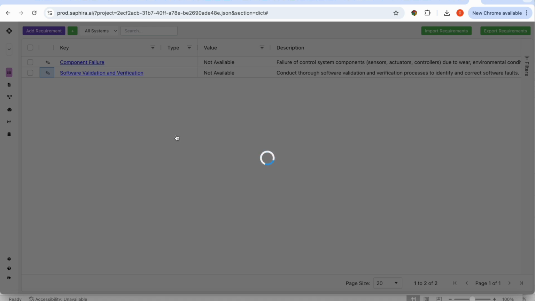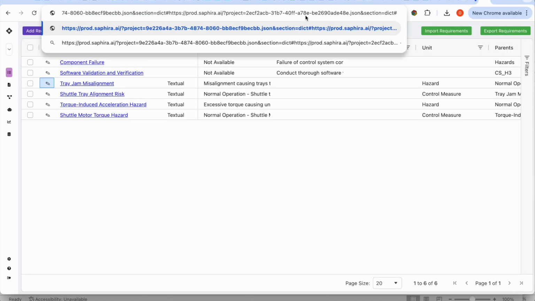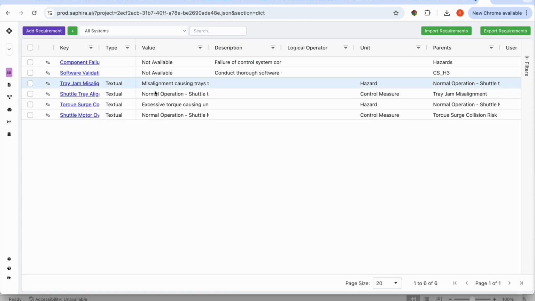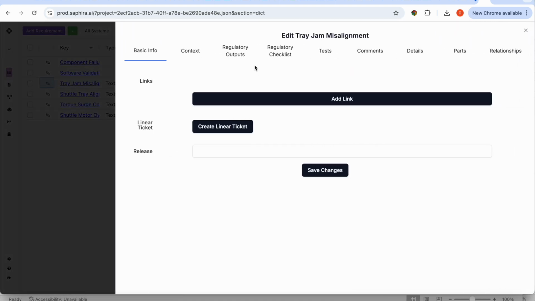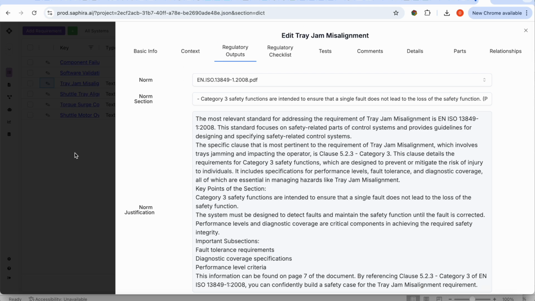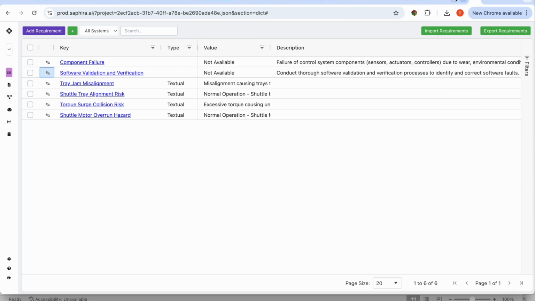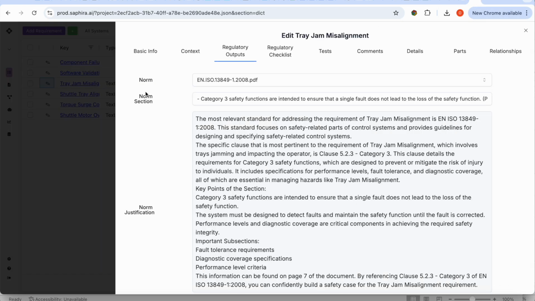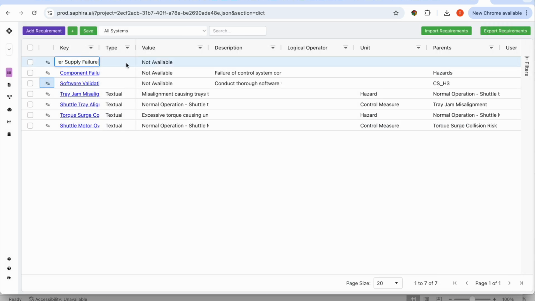it's matching them up to the most clear value that needs to be linked to. And we'll see here once all this is processed, and we can actually switch to a different tab and see what is going on while this is being processed here, which is that new safety cases have now been created. And in the same way, we've now linked the regulatory outputs that are most relevant to the safety case back to the system. I'll show what this actually looks like manually here in a second. We'll go ahead and create a safety case for power supply failure,